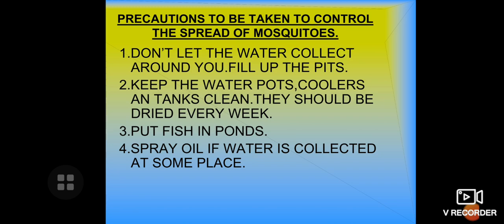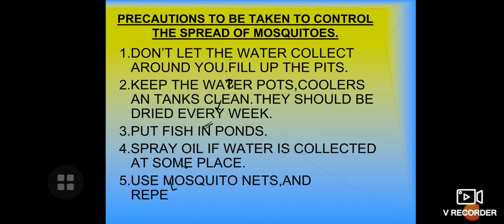Hope you understand this. Once again I am repeating it for you, that spraying of oil on water will create a thin layer of oil on the surface of water. So the mosquito larvae, which are present inside the water, have their spiracles near the surface of the water for breathing purposes. They will not be able to breathe because there is oil, and that oil will enter the spiracles and then they cannot breathe. Thereby they will die and the number of new mosquitoes will not be there.